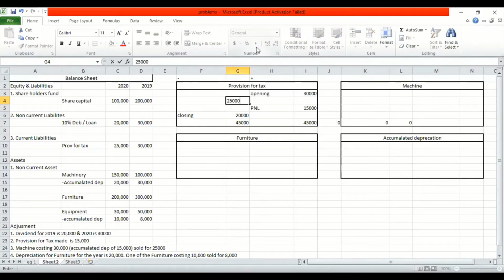And what are you going to write here? Bank account. The balancing figure could be on either side. You should be able to analyze based on the adjustment given. I hope provision for tax is clear. This is a very, very important adjustment, because every year in the board exam you will find this one. So they might say tax paid, or they might say provision for tax made. Depending on the statement, you have to take a decision of posting.